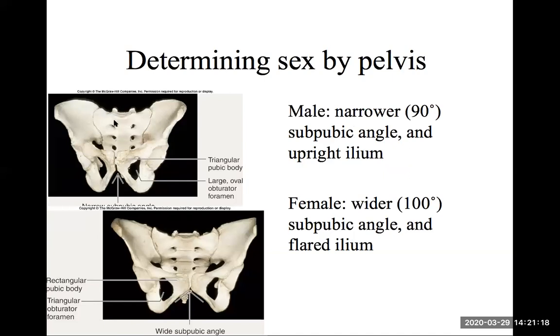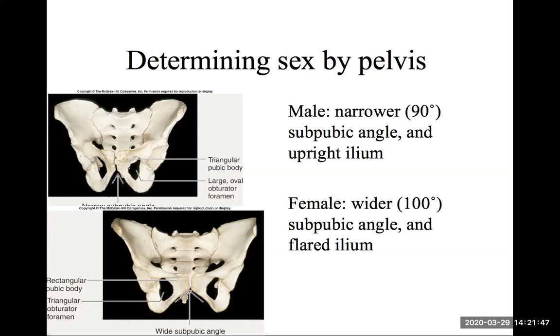If you're looking at the entire pelvis, remember that's 4 bones, you can see additional differences. This right here is called the pubic symphysis. It's where one pubis bone meets another pubis bone. And the pubis bone, as you'll learn next week in Unit 2, is part of this os coxa. So here at the pubic symphysis, you can go just below that and measure the angle formed where the